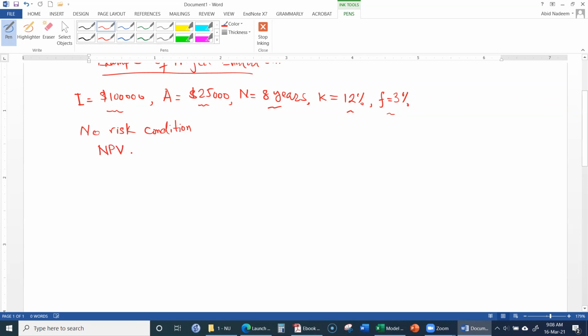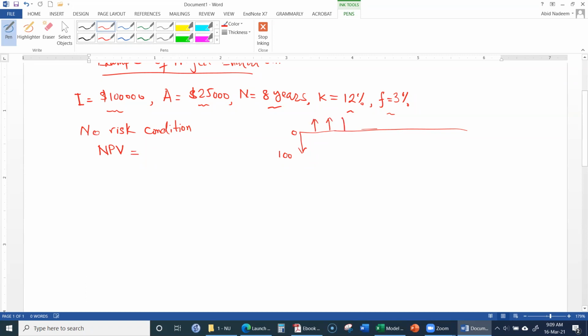NPV. Okay, so the NPV is equal to the sum of the present value of all the future cash flows. So future cash flows are these $25,000. So for example, in engineering economy terms, if we draw it, there will be an initial investment of $100,000. Okay, I will skip that thousand from here. If the initial investment is $100,000 at 0, that means right now,